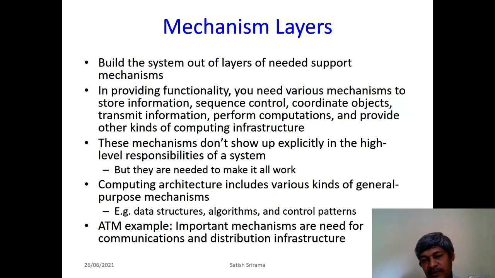Actually, these mechanisms will not be showing up explicitly in the higher level responsibilities of the system, but these things are required to make the system actually work. Something like if you have a building, you have all these columns and then beams and everything. You will not be talking about all these things at the end, but they are the essential part